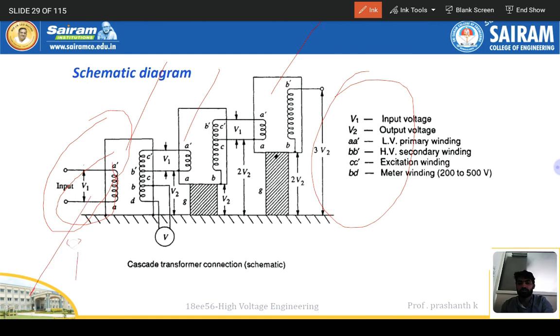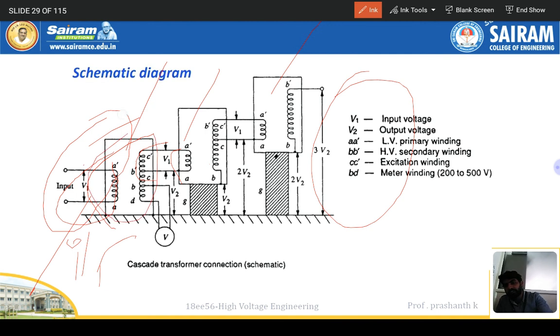See, the supply we are giving is the input of the circuit. This unit has a transformer like this. See here, half of the transformer goes to the input of another transformer. What is the meaning of cascading connection? In a system having input and output, the output is the input of another system. Similarly, one system's output is the input of another system, and so on. So this is a cascading connection, one to one.